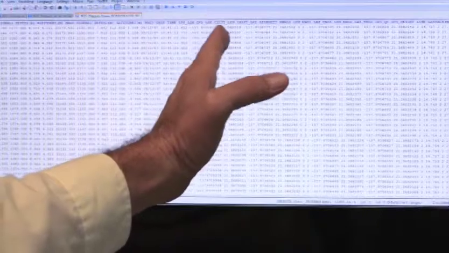Then we have shifted long, shifted lat. Now this shift point is actually the point directly behind the GPS antenna. So it is the length of the deployed cable plus the distance from the GPS antenna to the back of the boat. This is not the position of the array because the array will often be towed off a winch or off a sheave wheel. And so those are actually the next columns, which are listed as